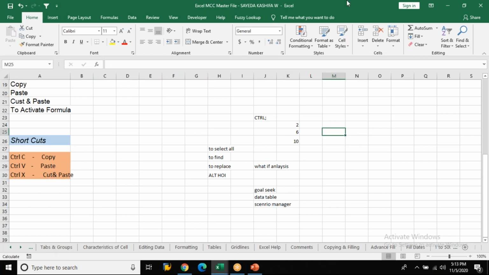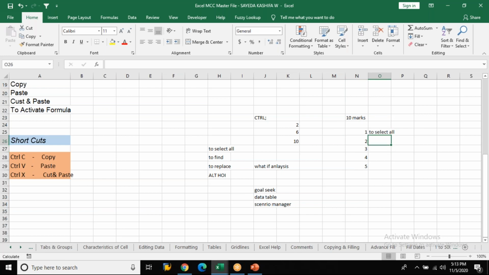Now tell me what could be the shortcut to edit a data. Many people are asking how the questions for the 10 marks would be. See, it's simple. They might give you 1, 2, 3, 4, 5 up to 10, and they will give you right shortcuts to select all.